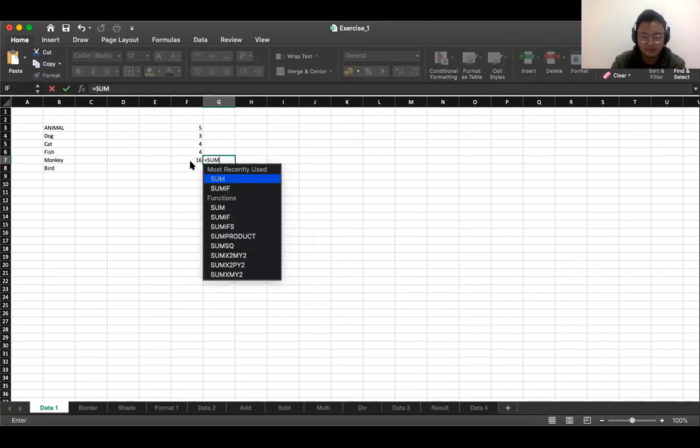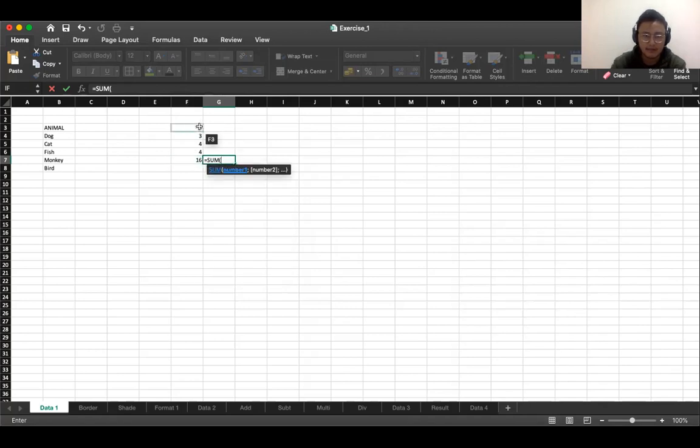Okay, so you can use, for example, sum. If you want to see the total of the addition of these numbers, so equal sum, and then you do the range from F3 until F6. And then you enter it, and the result is automatically 16. Okay, so